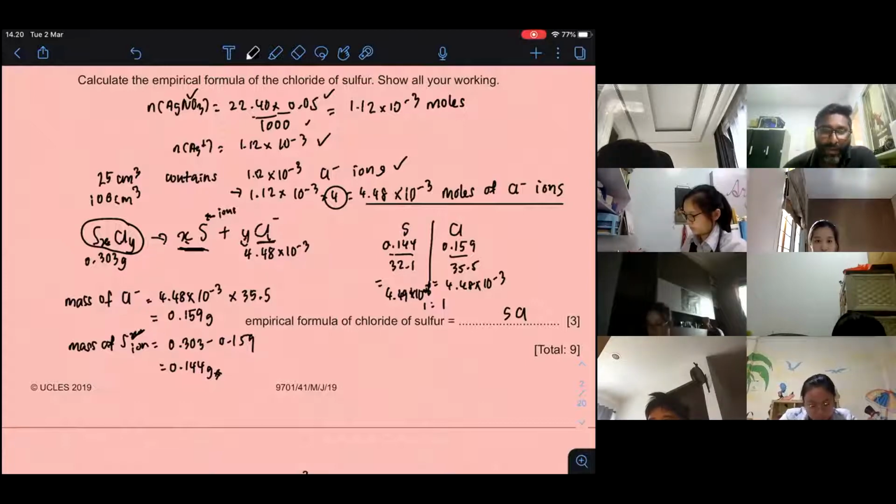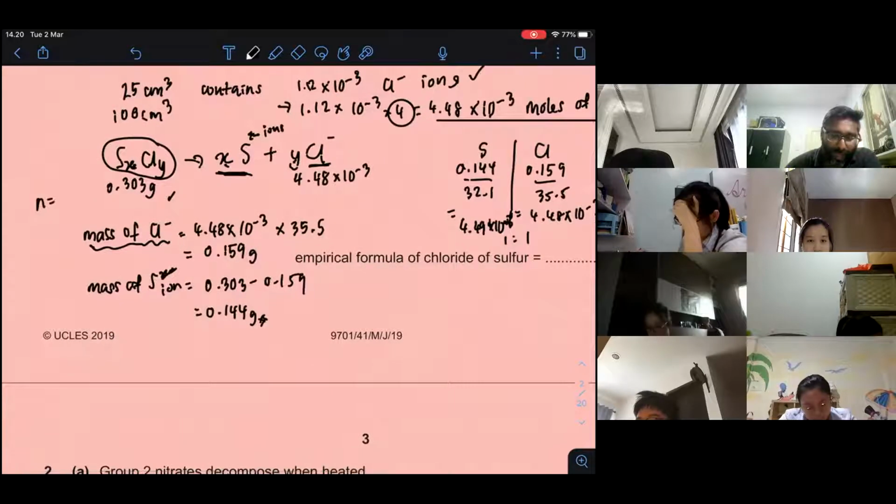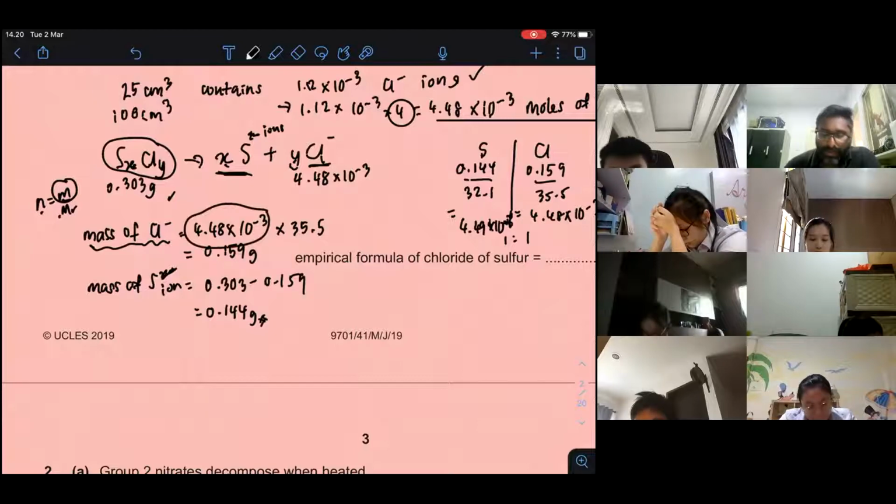But I need to find out, related to this. So how do I find out? If I know the number of moles of Cl minus ion, what else can I find out? You can find out the mass of Cl minus. How? Number of moles equals mass over Mr or Ar. In this case, if I want to find the mass, it is number of moles times Mr. So this is the number of moles. I times with 35.5. I can find out the mass of chloride ion. So I have